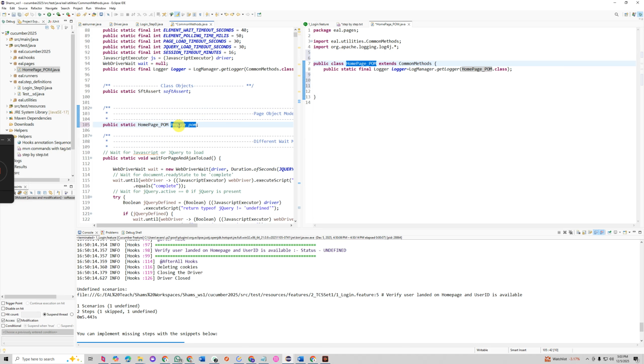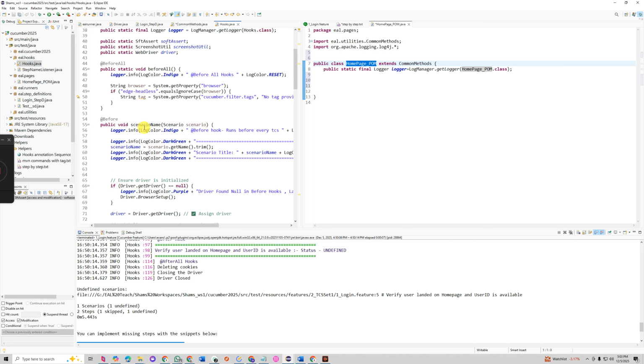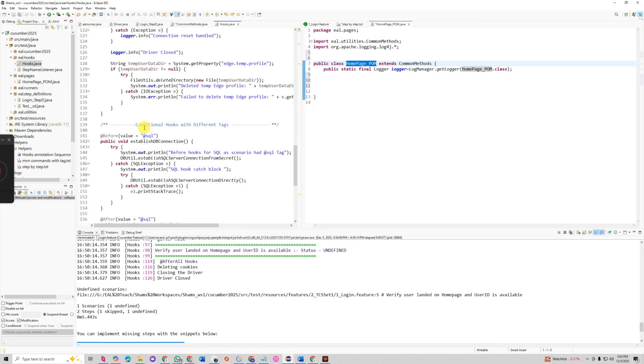If I run this now, it will throw an error because I didn't create any constructor. But for this one, what will happen? We haven't created any constructor here too, but it will work. Why? Because it is not null. We are giving a value to it, but we are not giving a value to this one. Where and how? You already did the assignment. If you already have done the assignment, go to your hooks class, go to your before